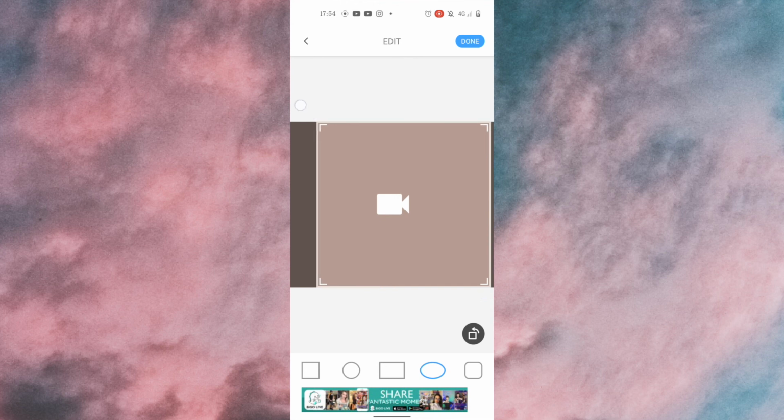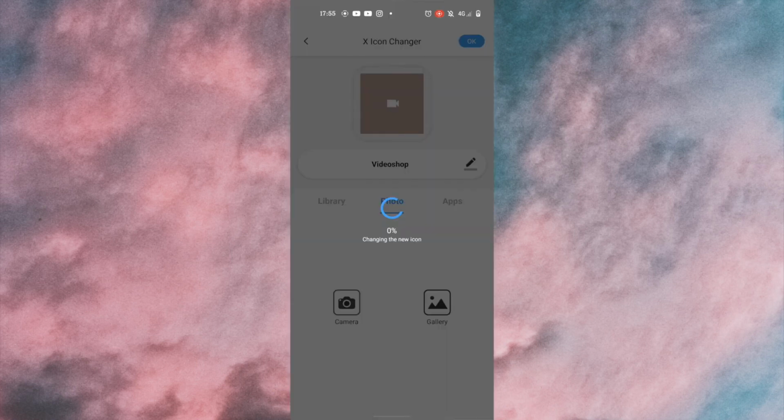okay, so look, this is basically how you make sure that the sizing is the same. So you just need to stretch this out right the way to the edge, and then make sure that you're kind of centered here. Wow, just learned something. Okay, so then you click on done, okay,